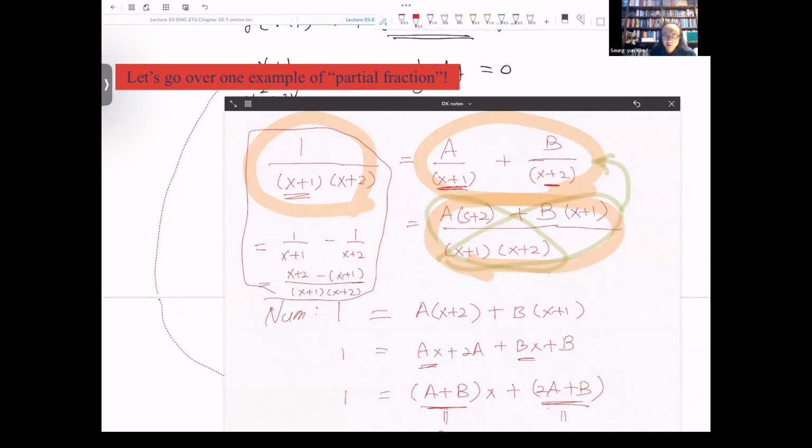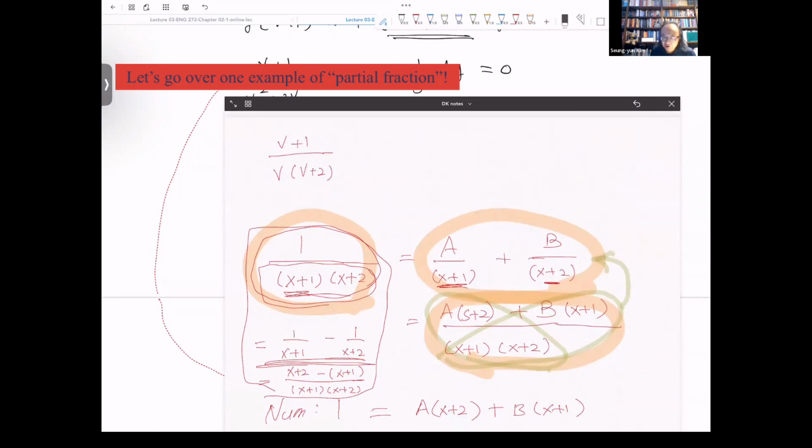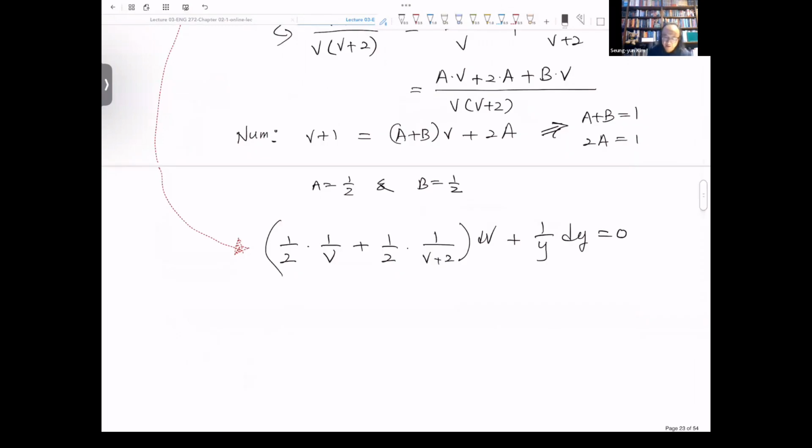Why do we do this? Can you take the integral of this? No, because it's too complicated. Can you take the integral of this? Yes, it's just ln of x plus 1. So if we have a multiple of two terms in the denominator, we can separate them so that it's easier for the integral. It's what we call partial fraction. It's really handy, and you need to be familiar with this because we use partial fractions all the time in Laplace transforms. Now we can take the integral